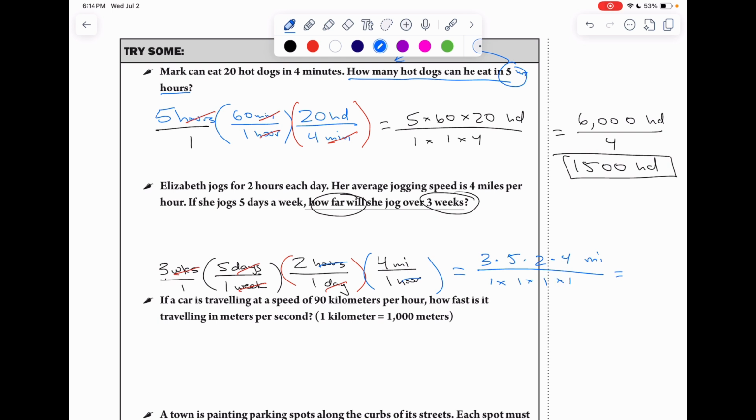And what will I get? Let's look at our numerator. 3 times 5 times 2 times 4 is going to leave us with 120 miles over 1, so I'm not even going to write it. That's our answer,